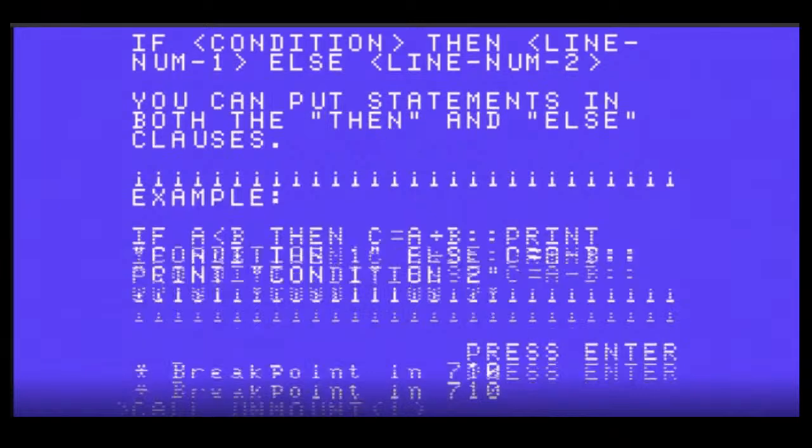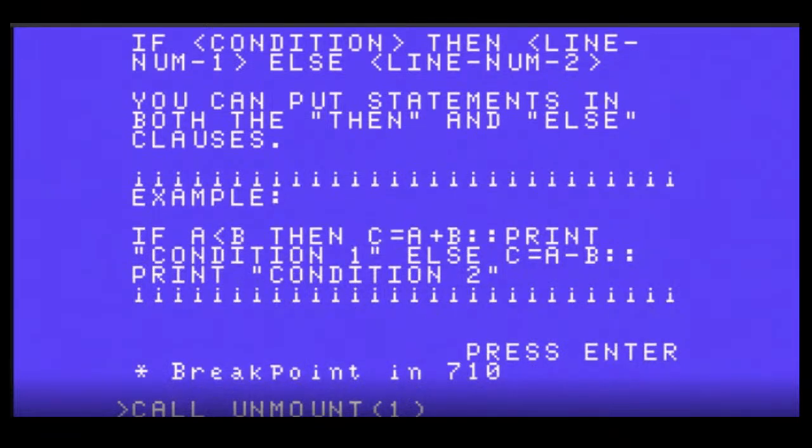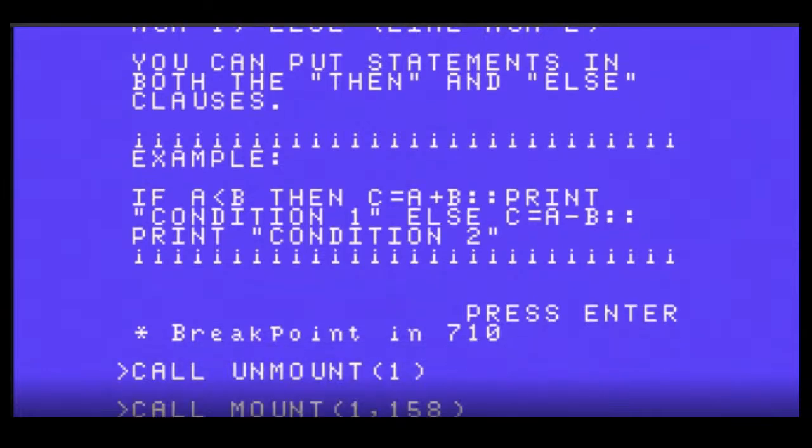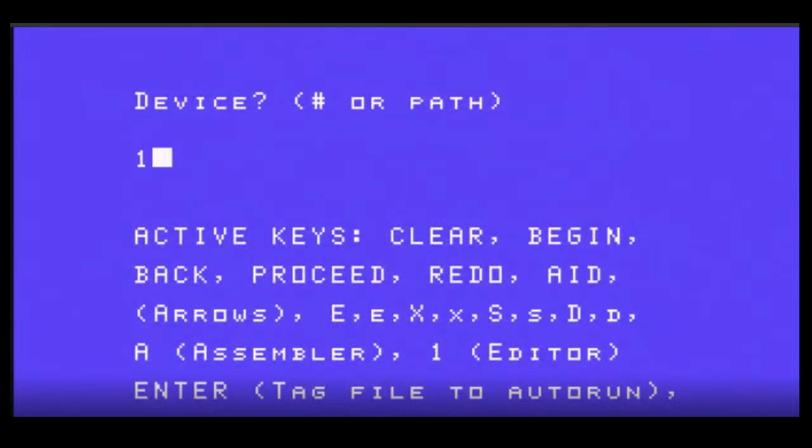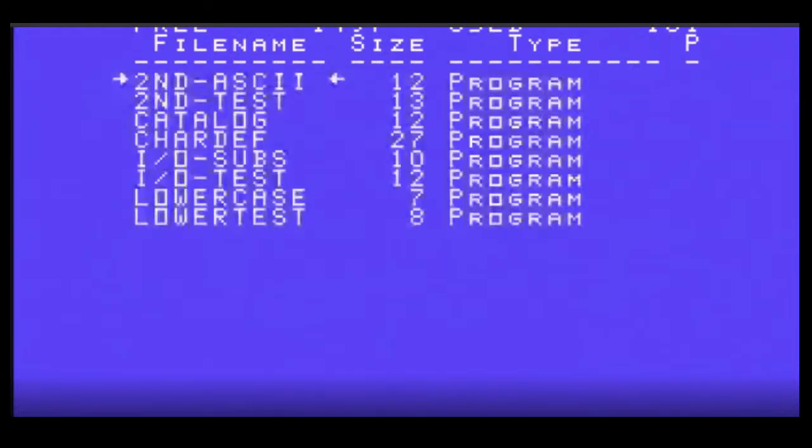Move that disk. Okay, so 158 was programming aids 1.